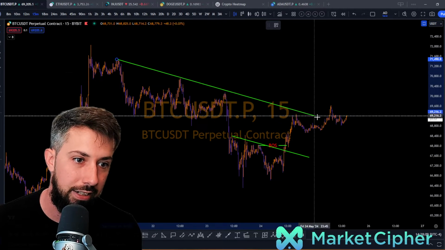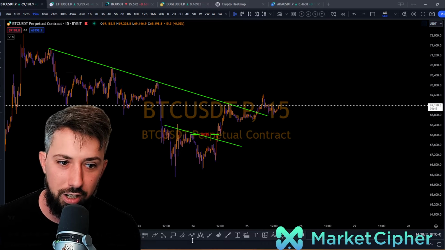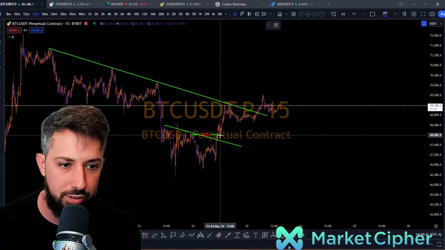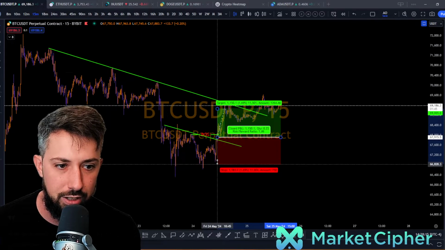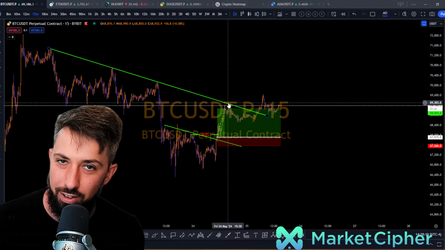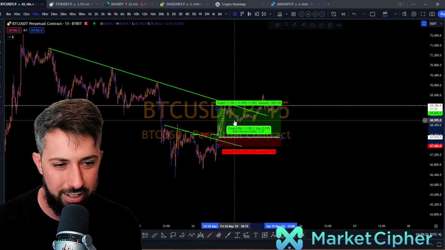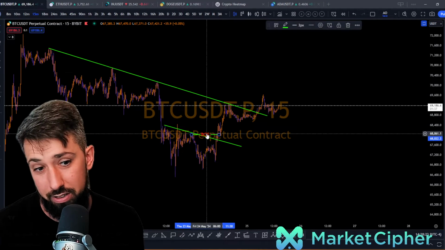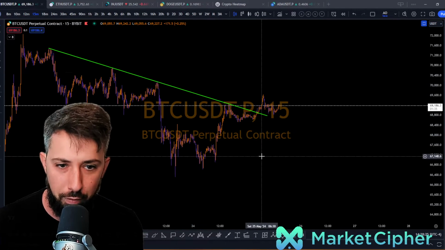So if I draw the line down here, look at that. That was our target. So we took this trade in our Discord looking for the continuation, the breakout of the structure coming up to the upside, making us all a lot of money. Congratulations. I know you guys crushed that trade, but this is a very simple idea of a break of structure,